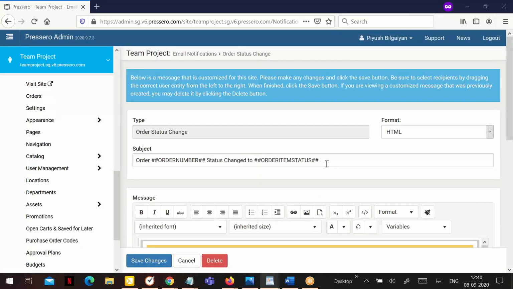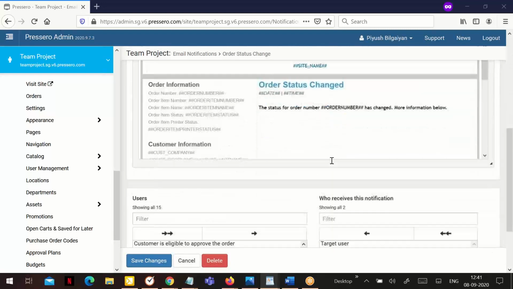Order status change email. You will notice that the default message for the order status change event does not go to anyone. Instead, the Order All Complete message is sent when the order status is set to complete. Order All Complete strongly resembles the new order message but has additional language in the subject and body that indicates that all items in the order are now complete. The order status change message's recipients can be customized by an admin user so that it is sent every time the status is updated.